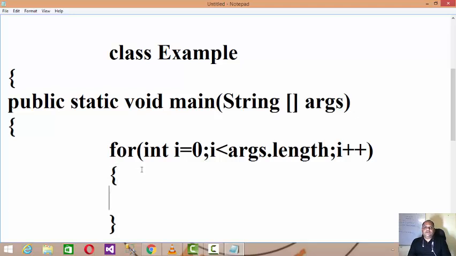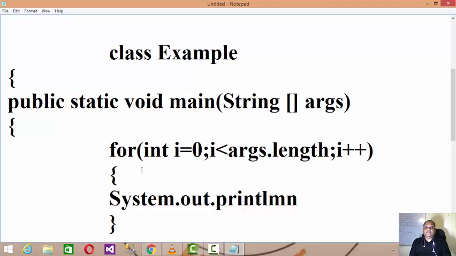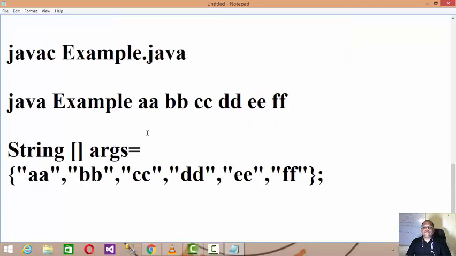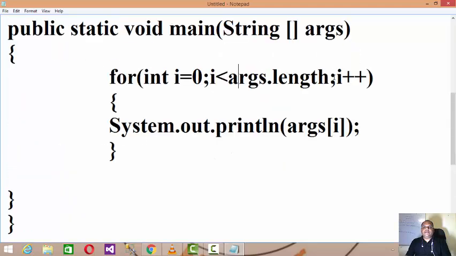In this manner, if I use System.out.println and print args[i], then from the 0th subscript to the array length, I can read all the data from this array.